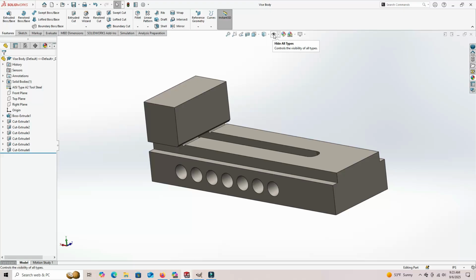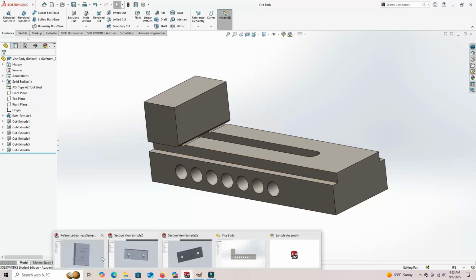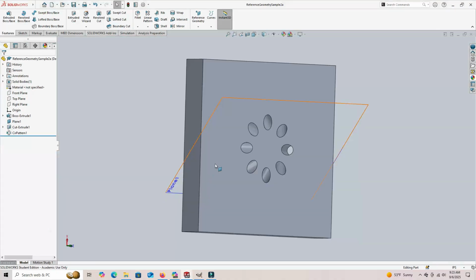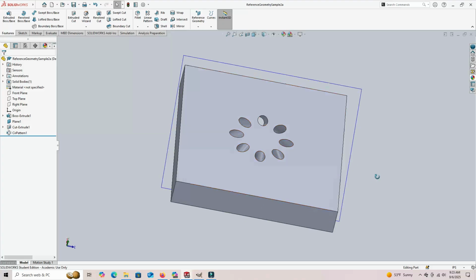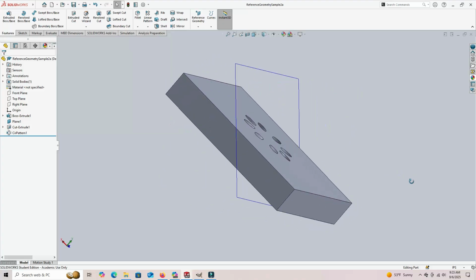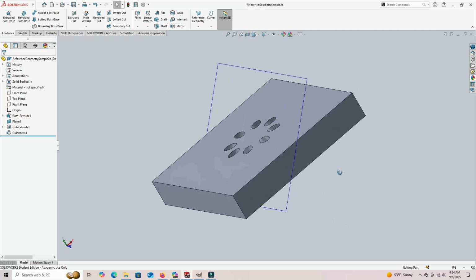And the next one over, I'm going to go back to my first model because I want to show you something very specific. So this one has a reference plane from my previous drawing, and it's the plane that I used to draw this hole from. Well, the problem is now you've got this plane just showing up in the middle of your